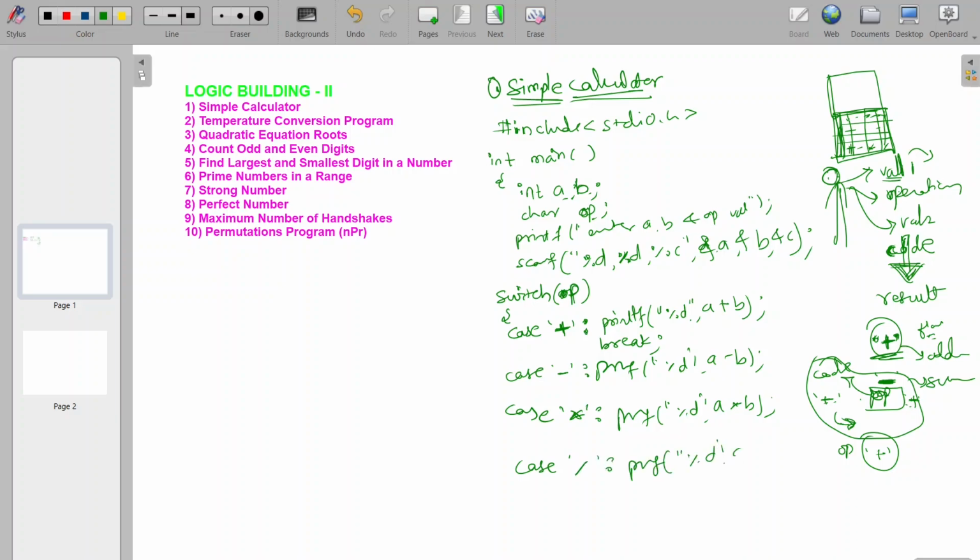Okay, so now if nothing has been matched, then in the default we'll put that it is an invalid operator. Then we can close the switch statement and just return it out as success once the program gets executed. So what we did here: if the user puts +, then plus will come through this operation